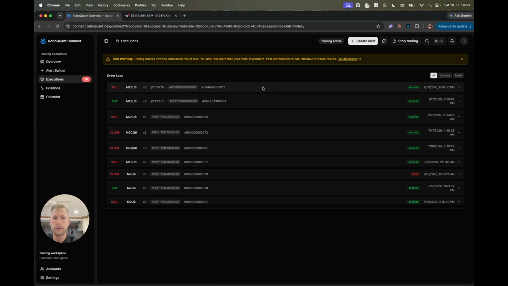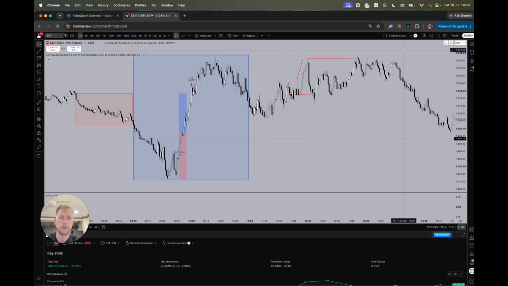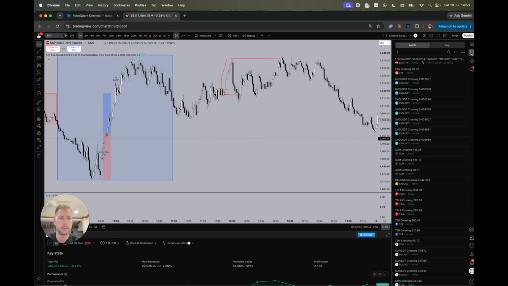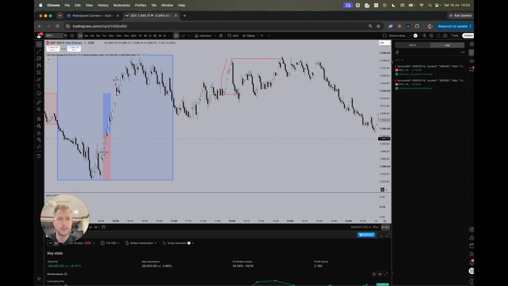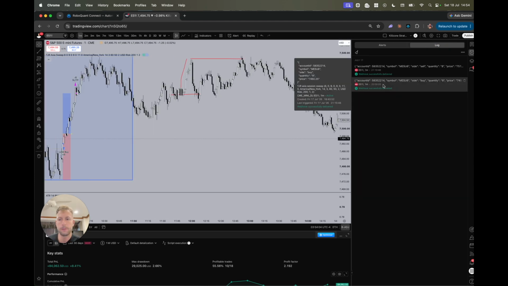We have here the executions. That's a very important part for debugging. If you have any problems, you always have to check the log here and compare this log with the alert log on TradingView. You go here to alerts, then you go to log. Now you see here, this is an alert from yesterday from this strategy. You see here the time